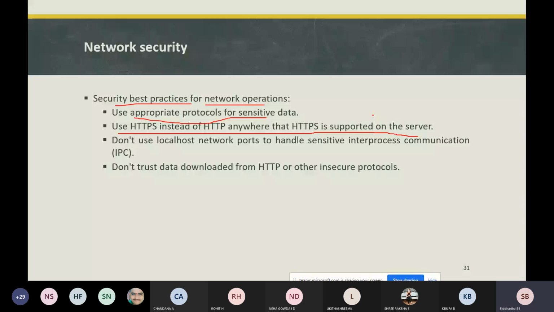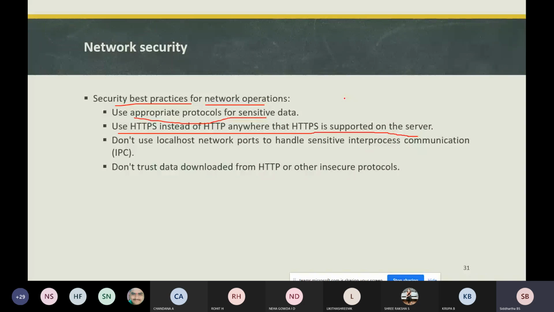Why? Because mobile devices frequently connect to insecure networks. Your mobile device may connect to insecure networks or open Wi-Fi networks also. That's why you need to use the HTTPS protocol. To do that, we use the SSLSocket class, a class in Android that is used to implement authenticated, encrypted socket-level communication.